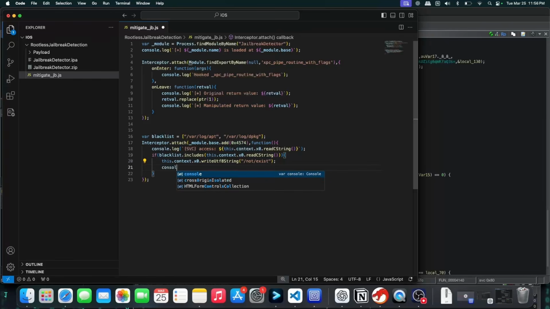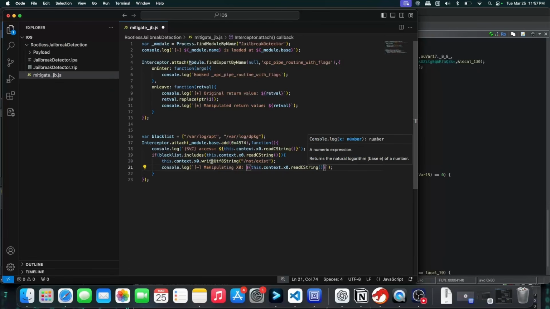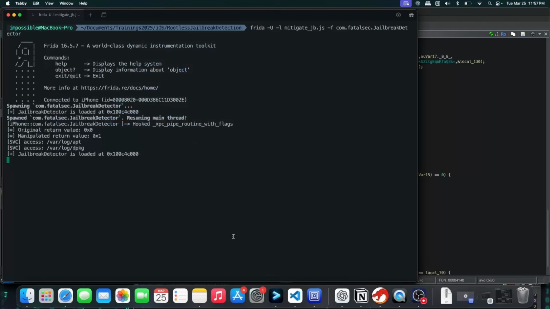And for troubleshooting purposes, let me just put a log over here as well, which says manipulating x0, this dot context dot x0, and then read it again just to be sure that the value is modified in this x0 register. Save the script now, head back to the terminal,